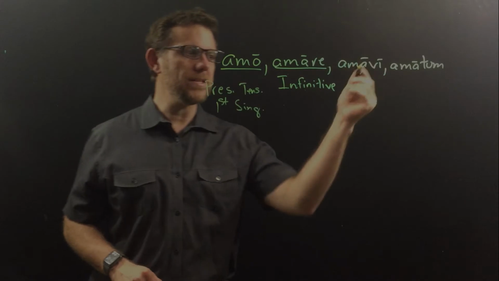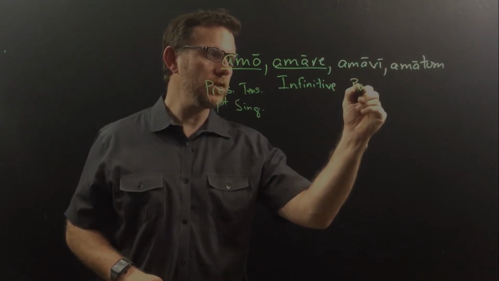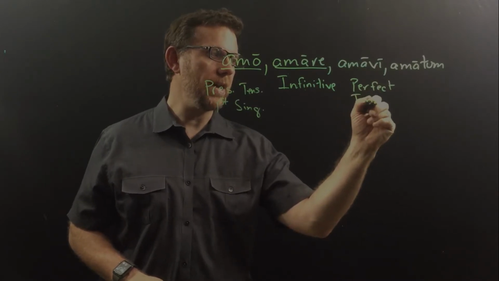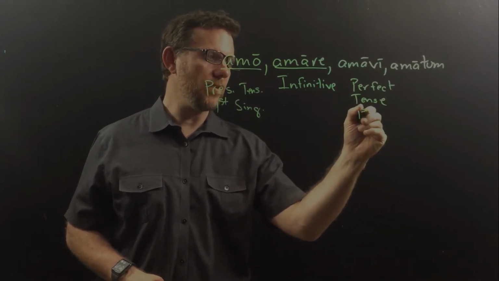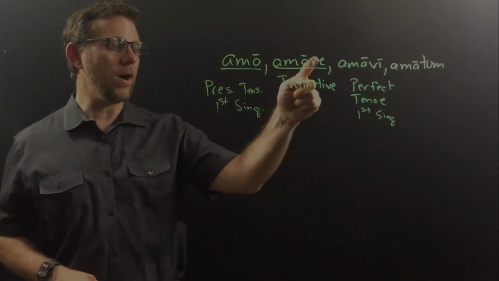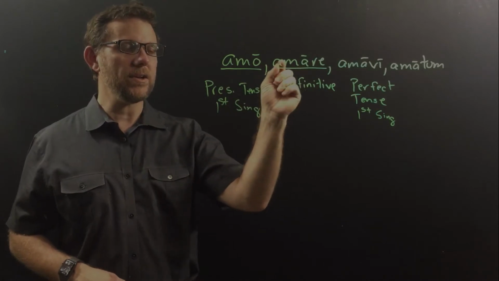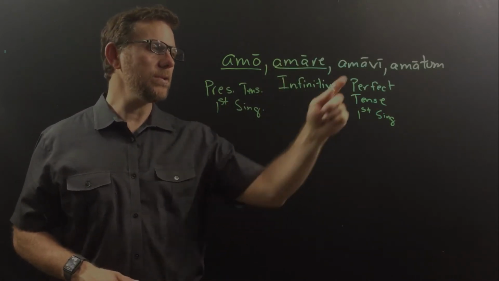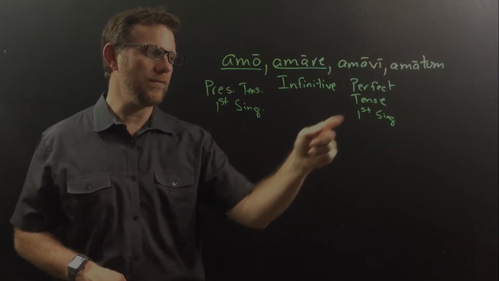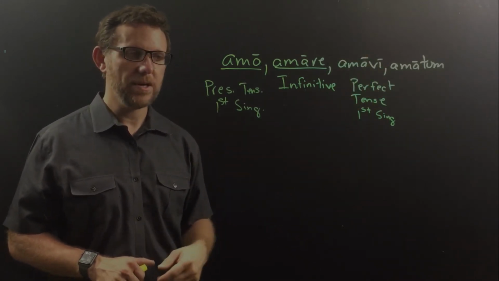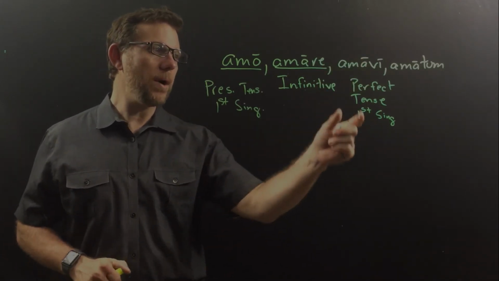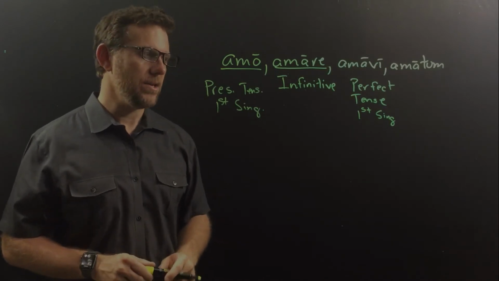But soon we're going to need this third principal part, which is another tense that we have yet to learn called the perfect tense. And, no surprise, it is the first person singular form of the perfect tense. So just as you take the RE off of your infinitive to get your present stem, so you will take the I here off of the perfect tense to get the perfect stem. So forming other tenses that use the perfect stem is going to be near impossible if you don't memorize your